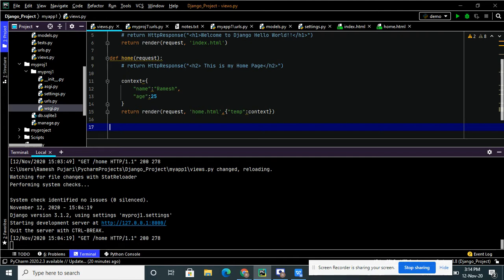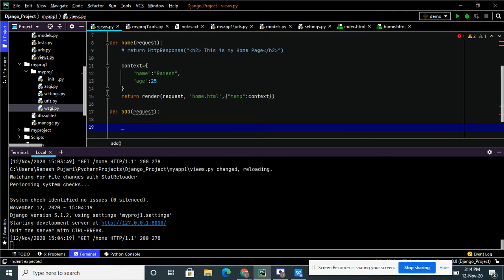So the logic required to add two numbers I will write in the views.py file itself, that is in the Python file. Now I will define one function called add, and I will pass request as my argument.